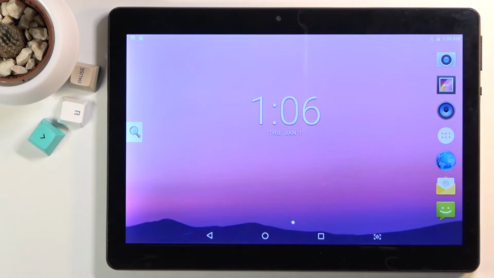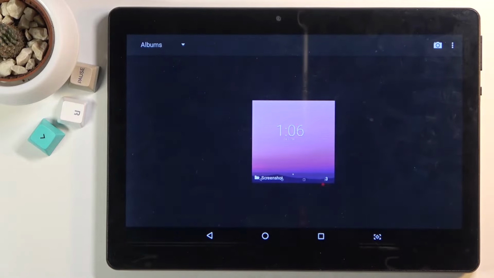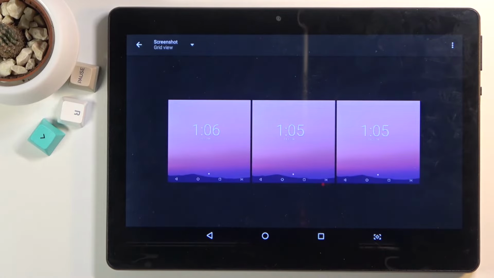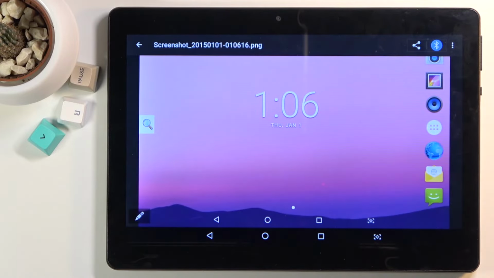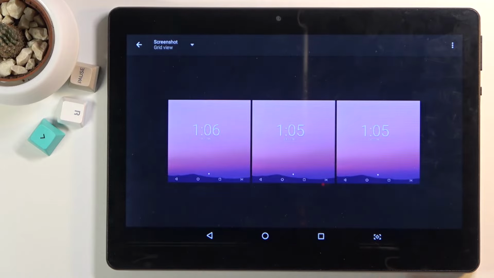Now when you have captured your screenshot, you can then find it in your photo gallery, so I'll open that up. As you can see, it creates an album called Screenshots, and in it you will find all the screenshots that I have captured. So there we go, there are the 2 or 3 different ones that I have captured over